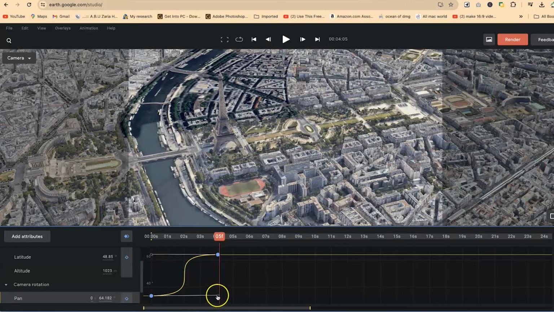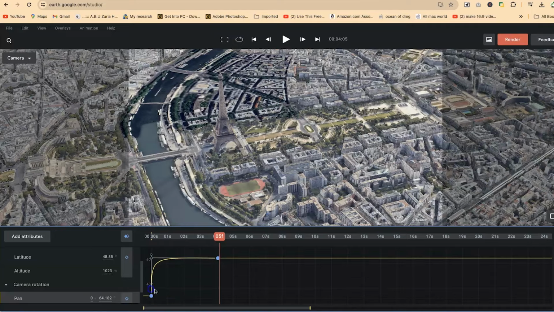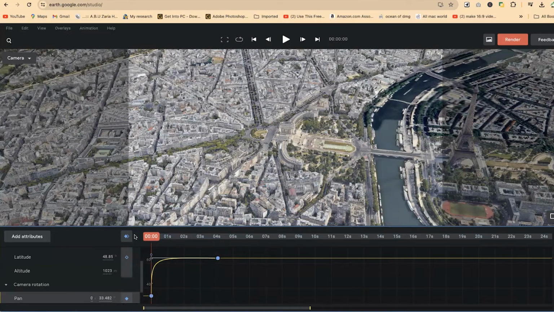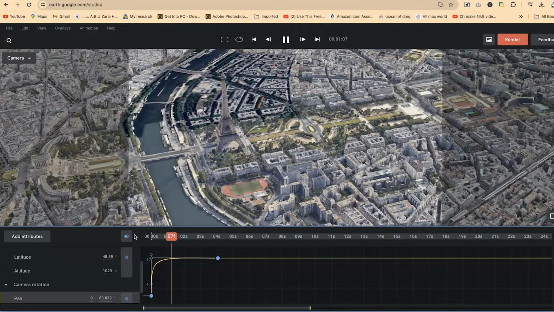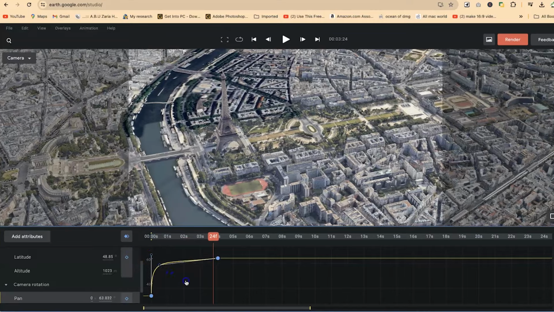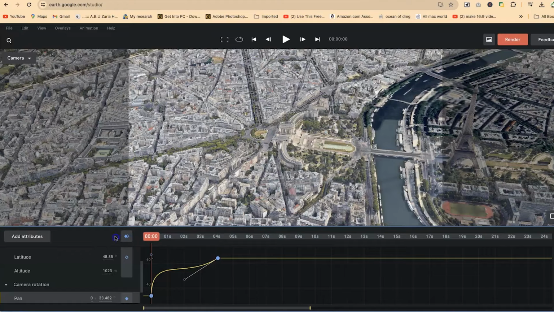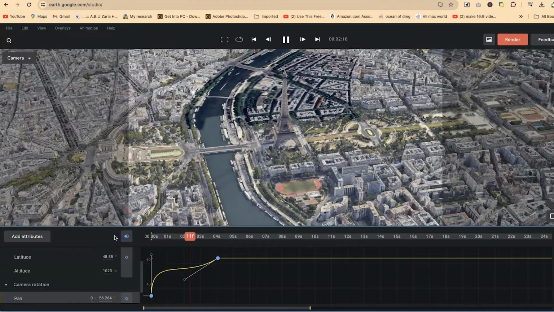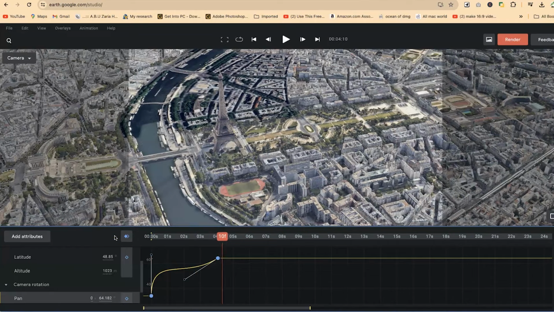What they do, you can move them up or down, or you can move them across. You can move them like this and make them come to the vertical line over here. You can move them to vertical, and it's going to give you another sort of bumpy nature. You can see it bumps in and then it goes in slowly to the end. And you can select this as well and bring it down, and you have another property altogether, and then it's going to move a bit faster to the end. So these are properties you can play around with depending on what you want to create and depending on how good you want to be with your